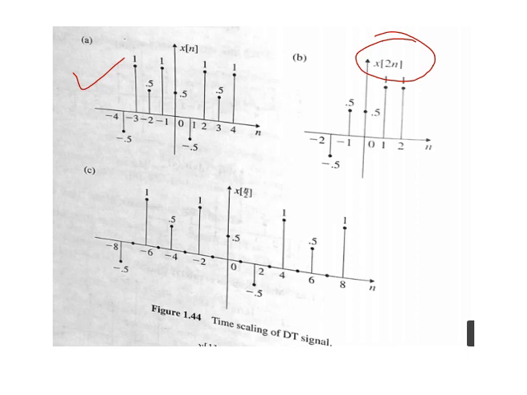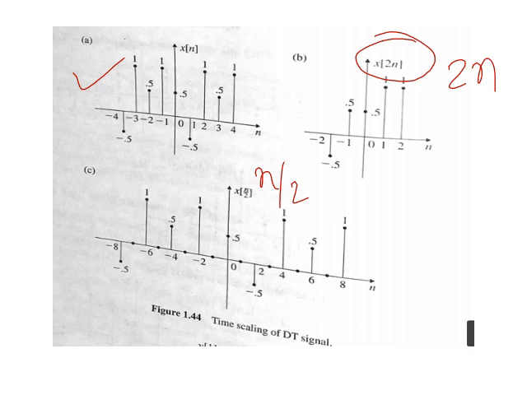X of n is 2 into n, and this is the x of n by 2. This is 2n. So what we do here, this is signal B diagram is the signal compression, C diagram is the signal expansion. This is fast forward and the C is the slow motion. Okay,